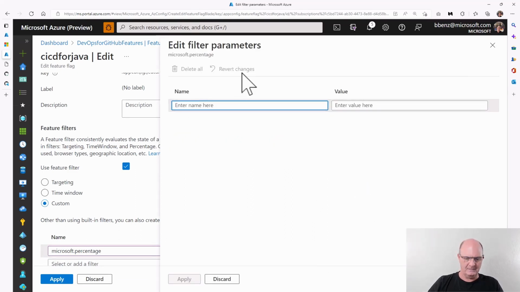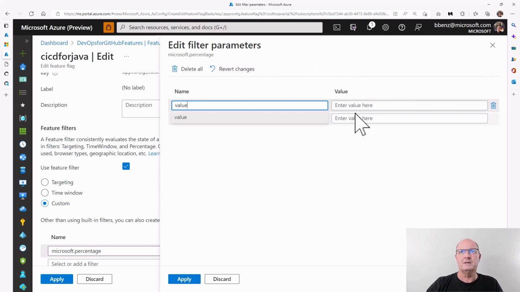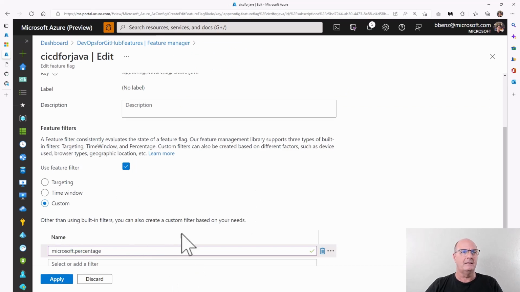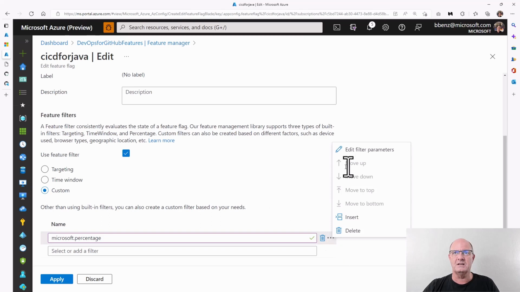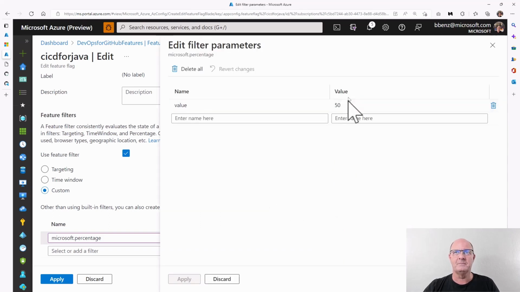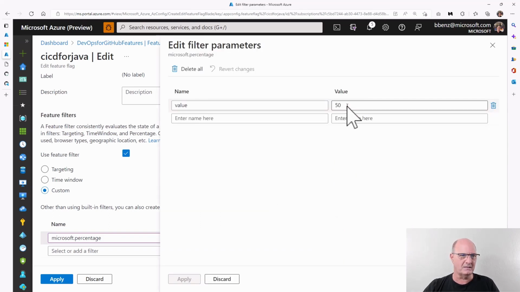You put a value of 50. Apply. There you go. So now there's a Microsoft percentage of 50% that's going to be used. Anytime anyone looks at this, it's going to be 50%. You can also change that value later by increasing this percentage.